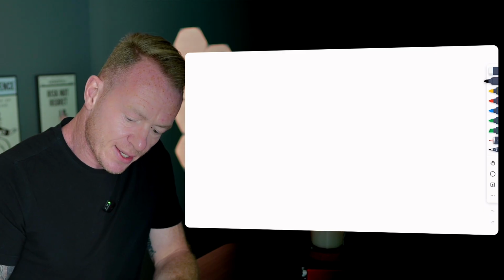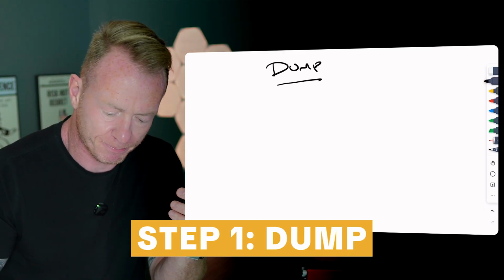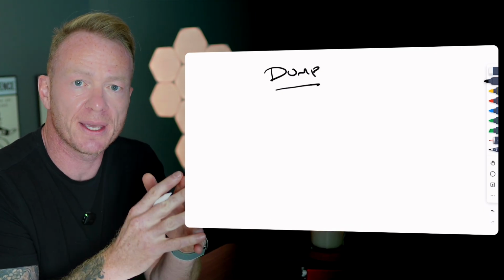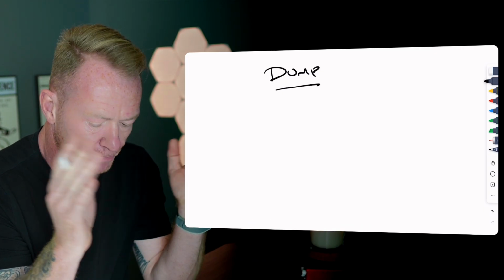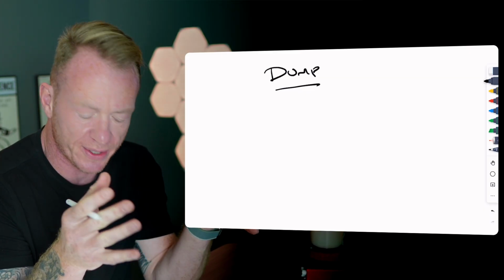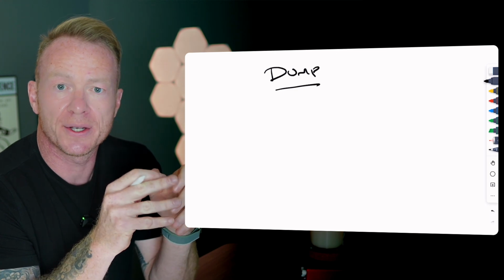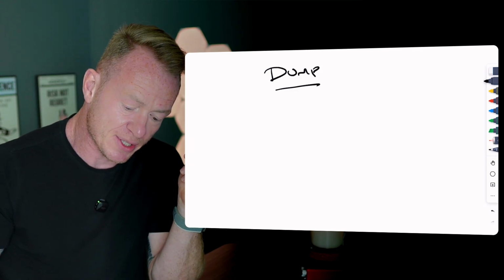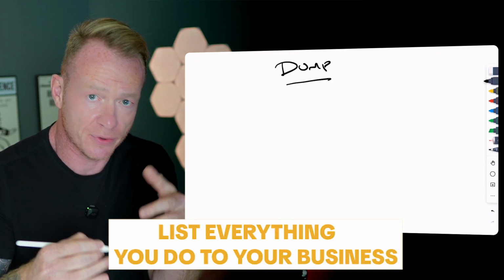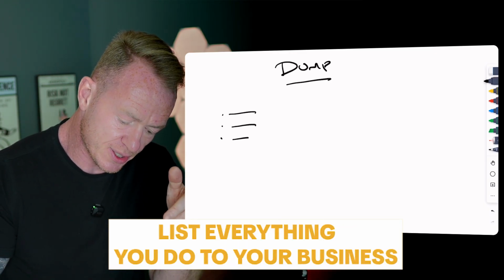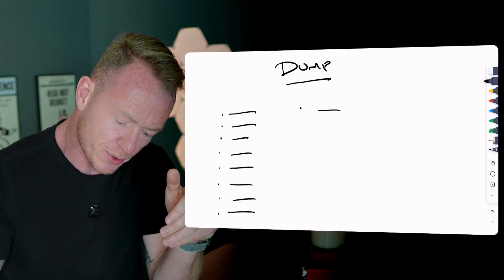Step 1 is dump, and more specifically, the brain dump. This is where we think about everything we're doing in our business and get it out on paper or a document or wherever you want. Some people like to whiteboard and scribble like I do. If you're more linear and want to use a Word doc, that's cool. Basically, you're just going to take everything you do in your business throughout the week and list it. Big, small, middle, important stuff, not important stuff.